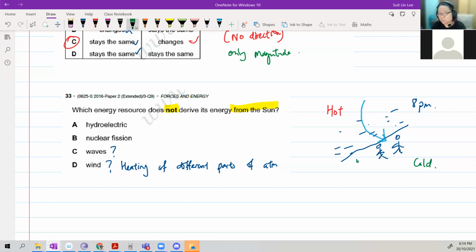So the wind will blow from hot to cold. You stand beside the stove when you cook food, don't you feel that the hot air is blowing towards your face? This is because hot air is high pressure. Cold air is low pressure. So the hot air will blow the cold air. But what causes the hot and cold to begin with? Nah, our abang matahari, the sun. So heating of different parts of the atmosphere